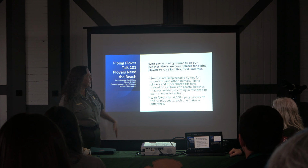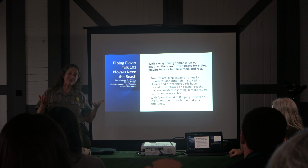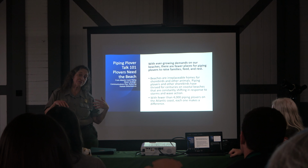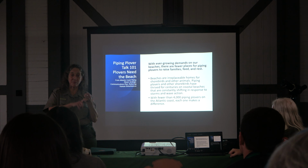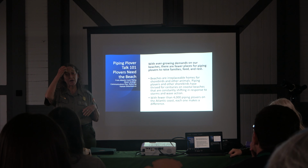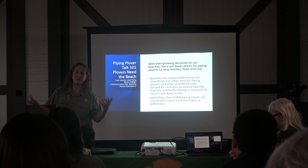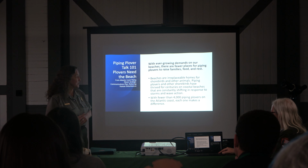So our beaches are irreplaceable homes for plovers. And another thing to emphasize is that the areas we close off for plovers benefit other species. We have American oystercatchers, we have least and common terns, also seabeach amaranth, which is a federally threatened plant, all benefit from the space that we make for the plovers to be able to breed. And so